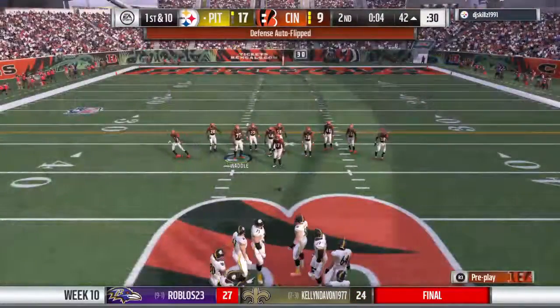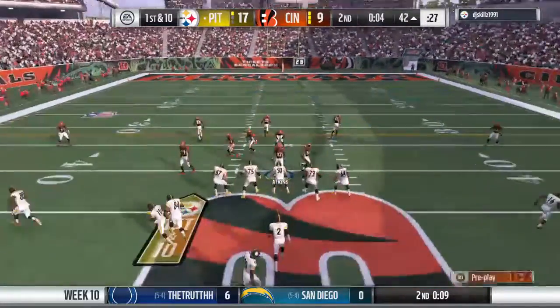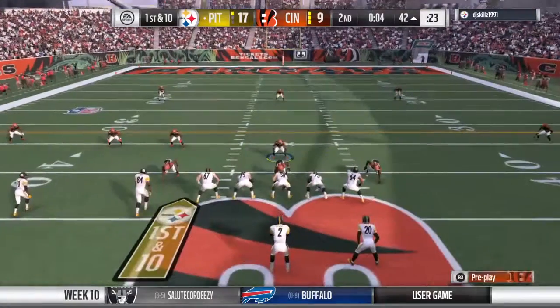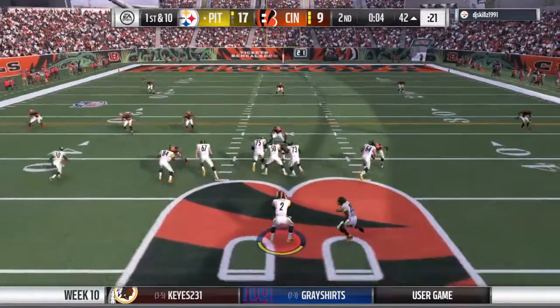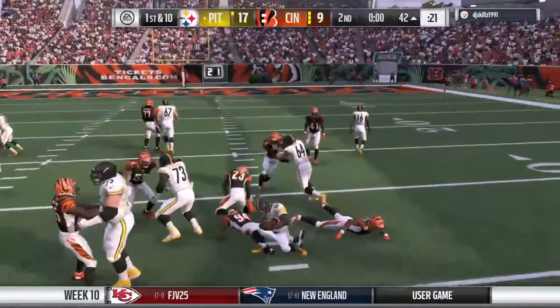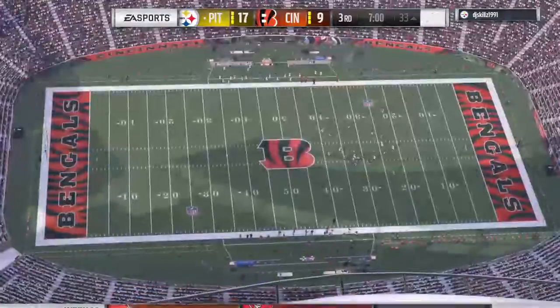And they line up now for what will likely be the last play of the first half. They'll run it now out of the gun. And he's going to be taken down here as that will lead us to the...